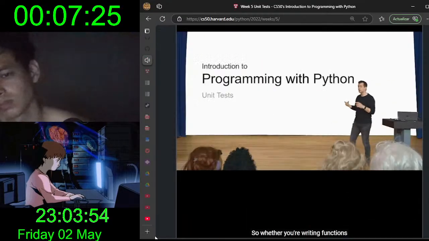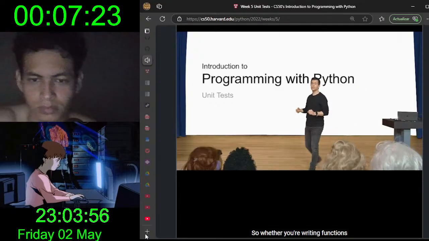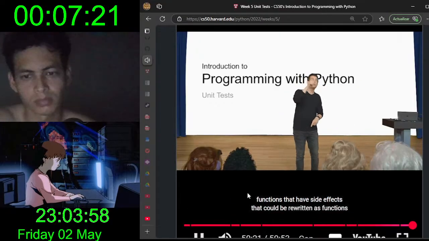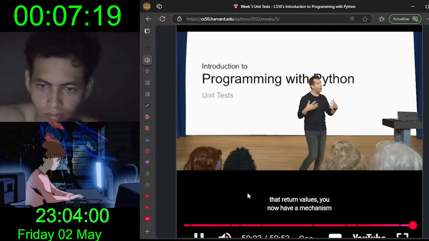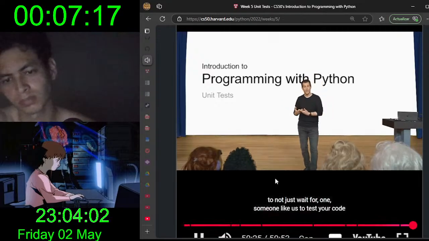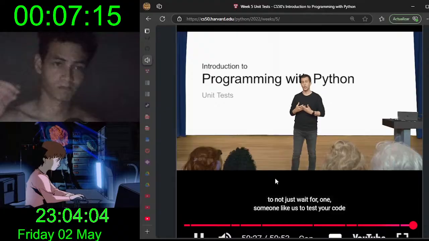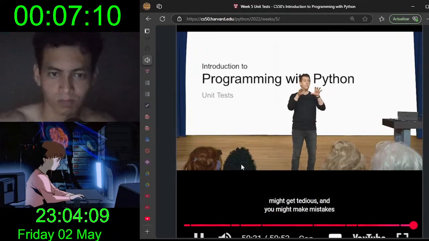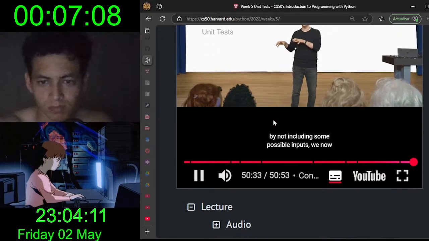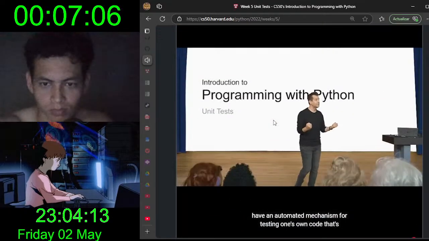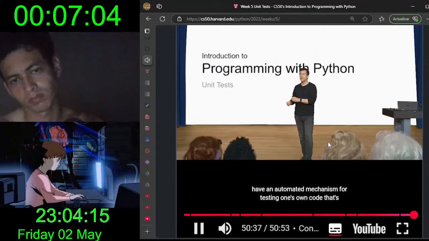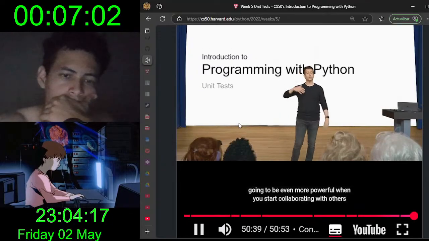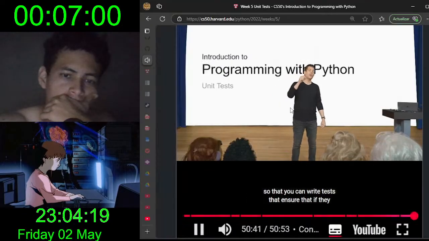So whether you're writing functions that return integers or something else, functions that have side effects that could be rewritten as functions that return values, you now have a mechanism to not just wait for someone like us to test your code, and not just test your code manually again and again, which might get tedious and you might make mistakes by not including some possible inputs. We now have an automated mechanism for testing one's own code that's going to be even more powerful when you start collaborating with others so that you can write tests